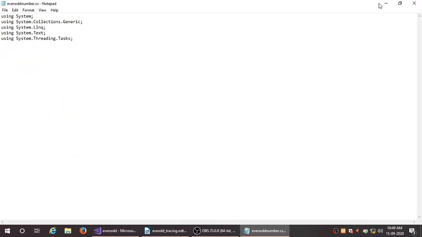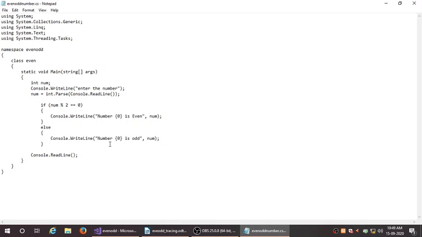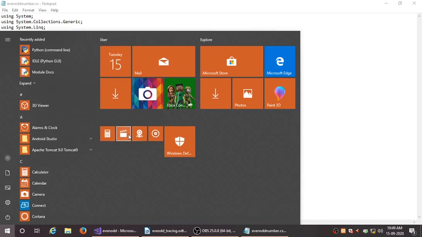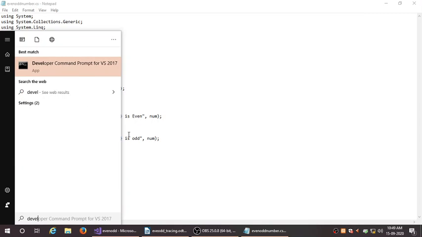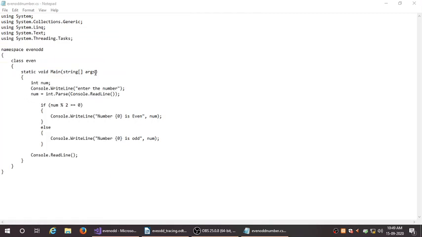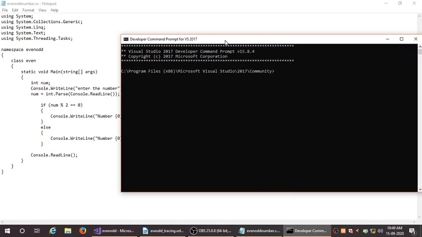For execution you have to go to the developer command prompt: go to start, type developer command prompt, choose it, and the command prompt will open. By default it is in C drive, but we saved our file in D drive, so we have to go to D drive.